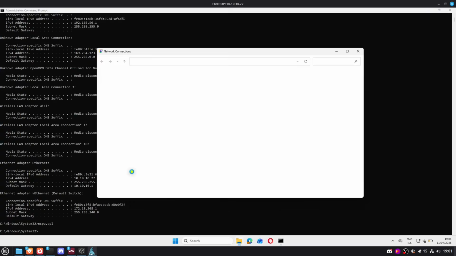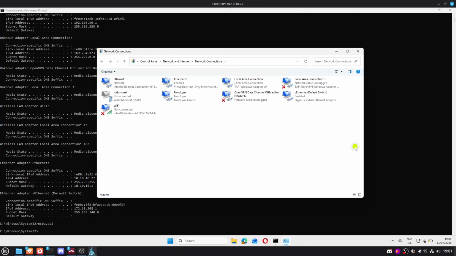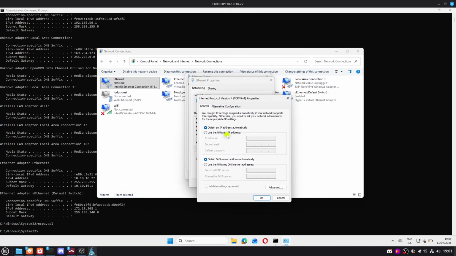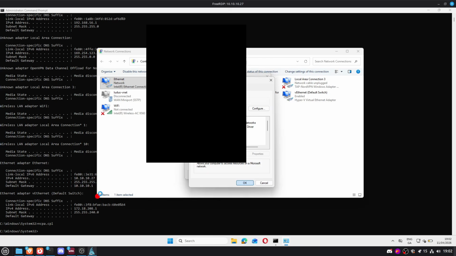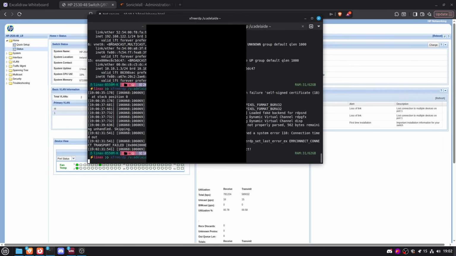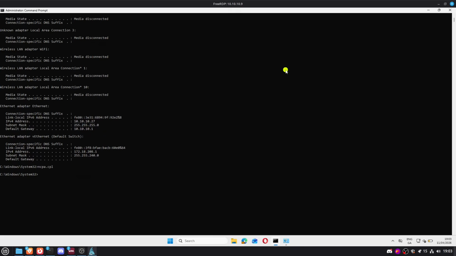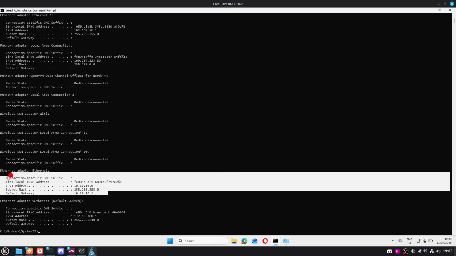And I just wanted to highlight this from last time as well. If you want to set a static IP address, you just go to ncpa.cpl. In here, you find your Ethernet connection, properties, and then IPv4. So we could set it statically. In this case, let's set it to .9, just outside of the DHCP scope. The default gateway. Okay. I am connected over RDP, so this could crash. And the connection is back online. And now we have the static IP address of